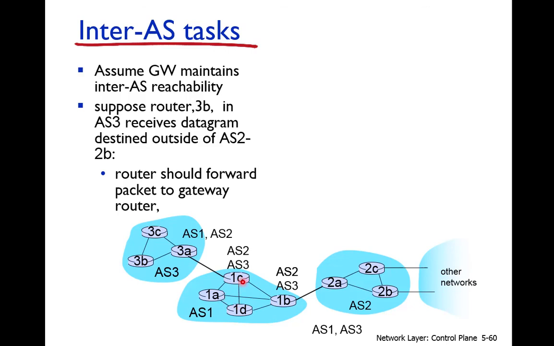Similarly 1C also announces the inter-autonomous system reachability information to the routers within its autonomous system. Then 1D can come to know that autonomous system number 2 can be reached from 1B and from 1C,